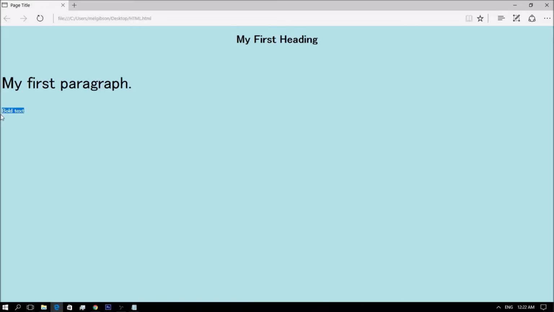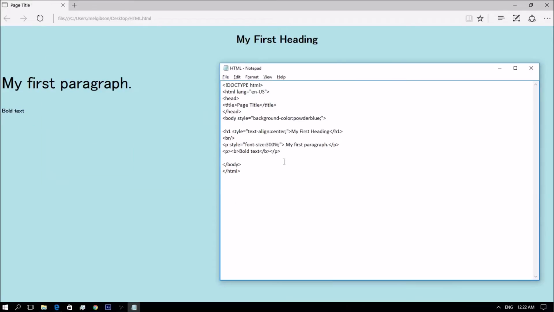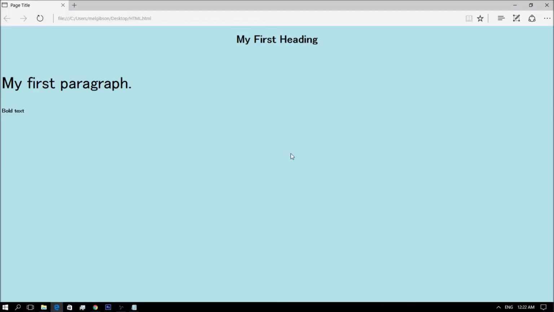This is the bold text. Then we have the strong element.